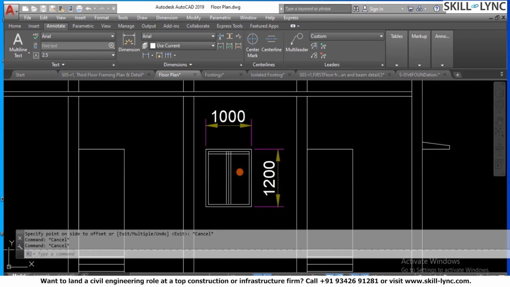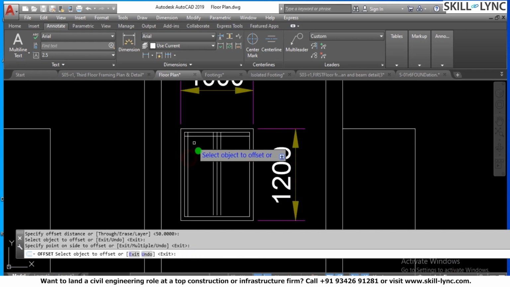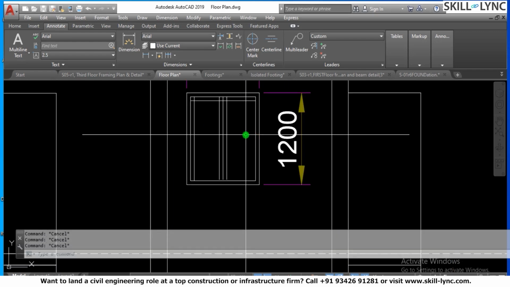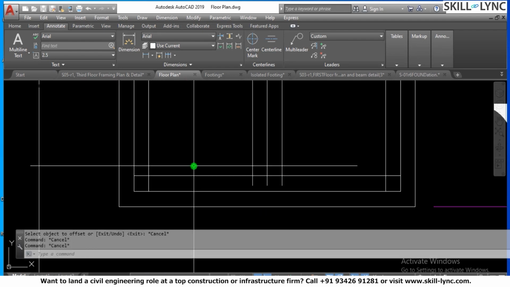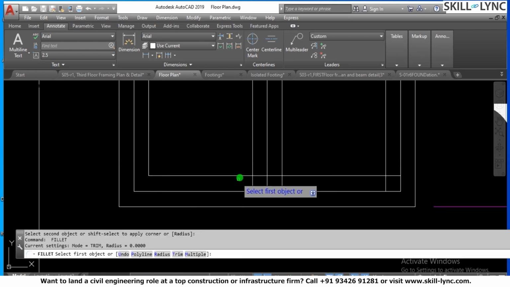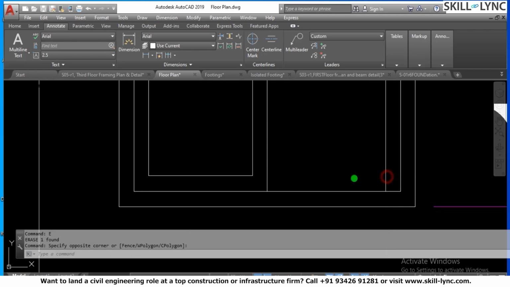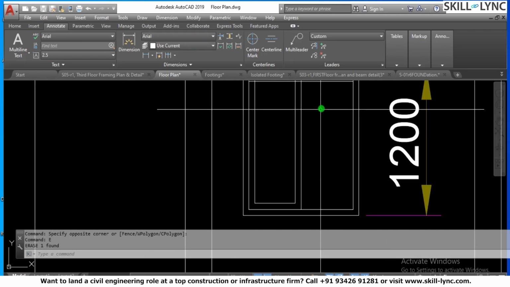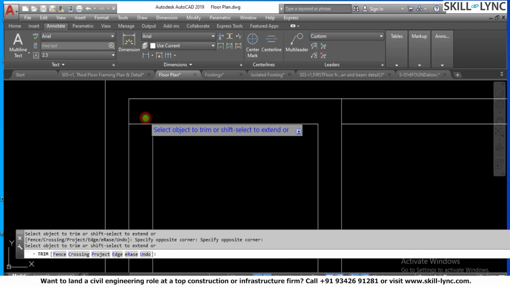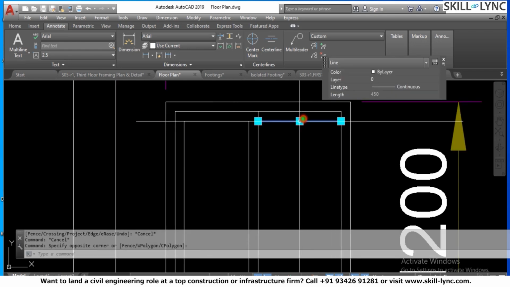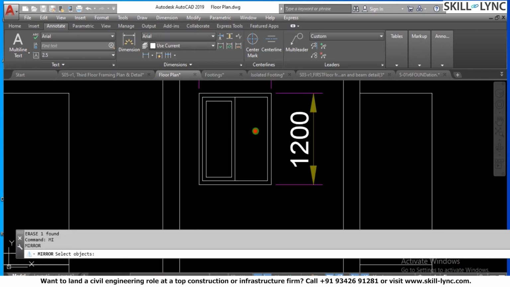You can see that I am creating the panels of the window. The frames are created. Just see how the frames are created. With this you can extend it to the part. You can create one part, and then you can always use the mirror option for the other part. I'm doing a quick trimming of it, and then I will mirror this panel. I'm just taking the mirror of this, let's say